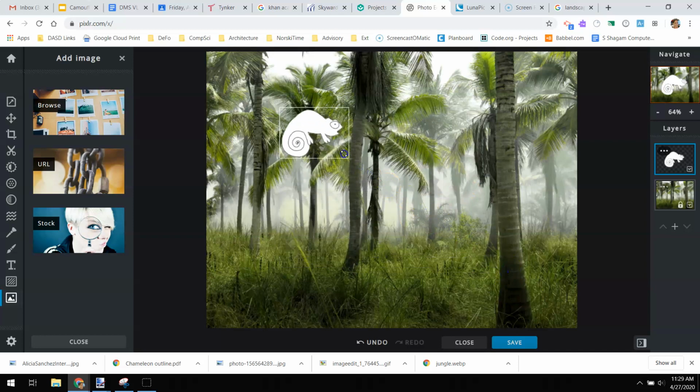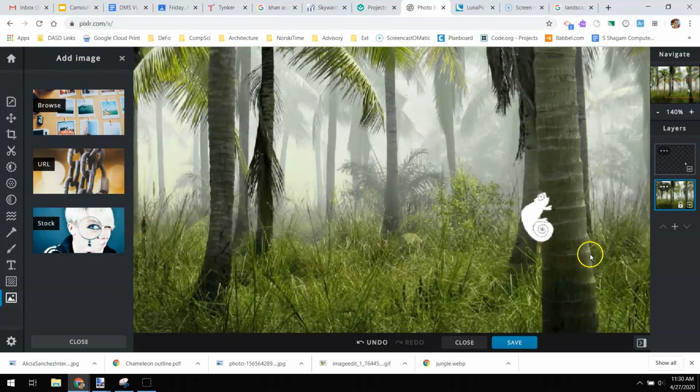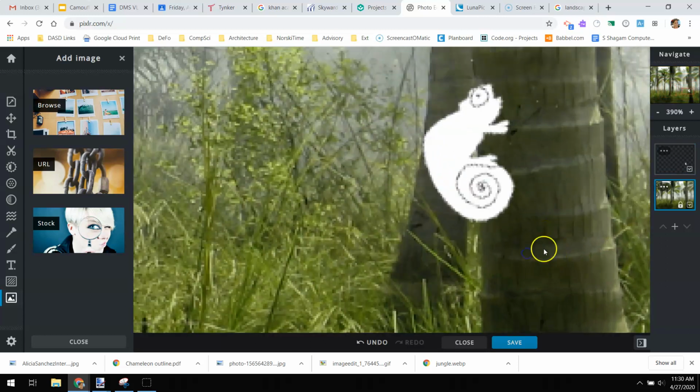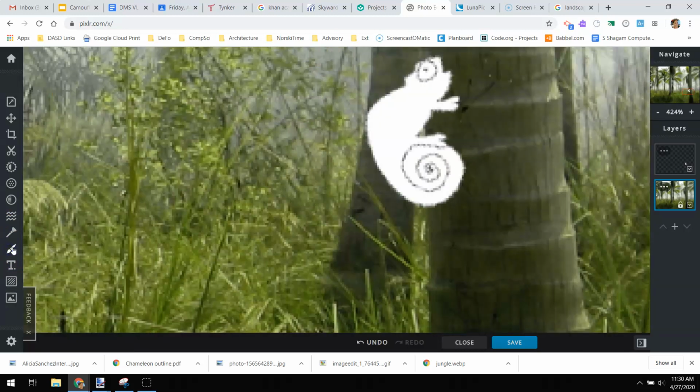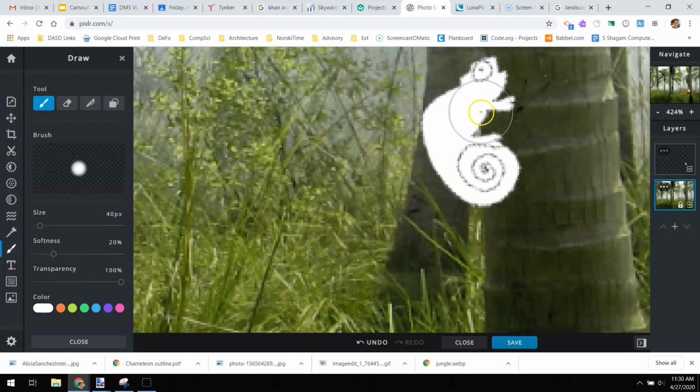So I'm going to take the chameleon and grab it by one of the corners to size it down. And then I'm going to put it where I want to hide it in the picture. I'm going to make it look like he's crawling up this tree right here. I'm going to zoom in, and then I can use some of the drawing tools right here to camouflage him